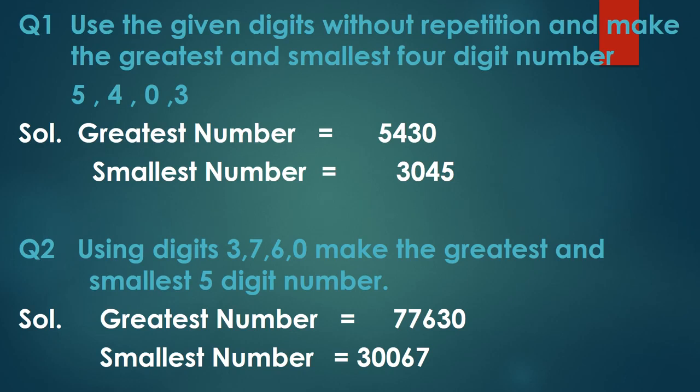And the smallest number is, now see, the smallest digit is 0. So we have to repeat 0 twice. We will not repeat 3. 3 we have written first, because while writing 0 first, it does not have any value. So we have written 3. But the smallest digit is 0 only, so we will repeat 0. 30067. It is 30,067.